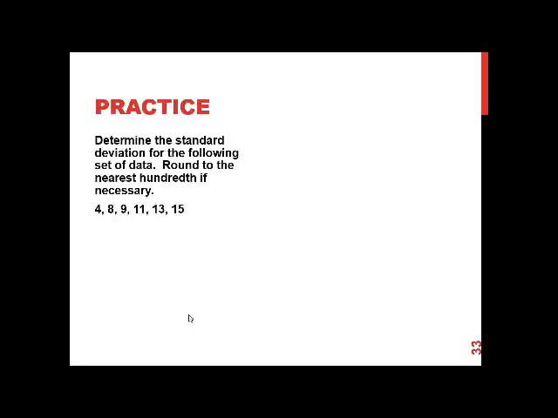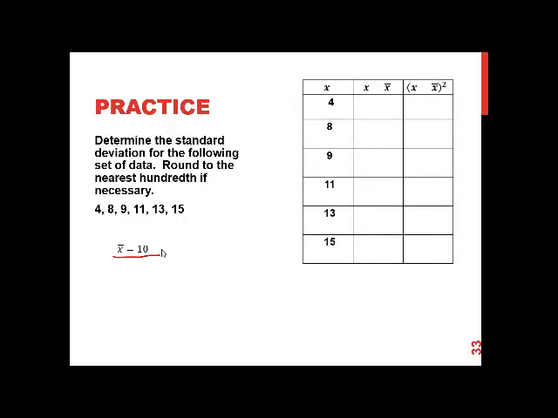So let's practice. Obviously I'm not going to give you practice with hundreds of items. We have calculators and computers that do that kind of thing for us. So we'll just do some simple examples. If we add up these and divide by 6, we'll find we seem to be running into a lot of means of 10, but we'll find that x bar is 10. So we'll build a table, put all of our information in it,